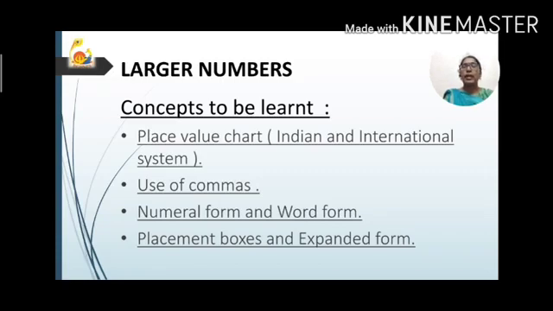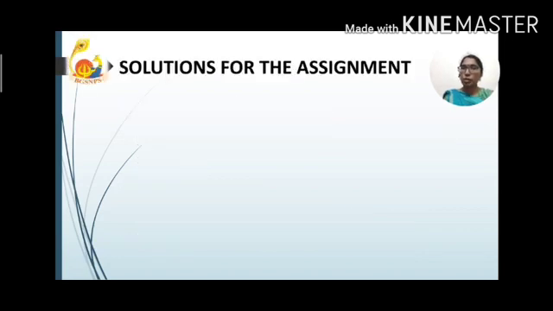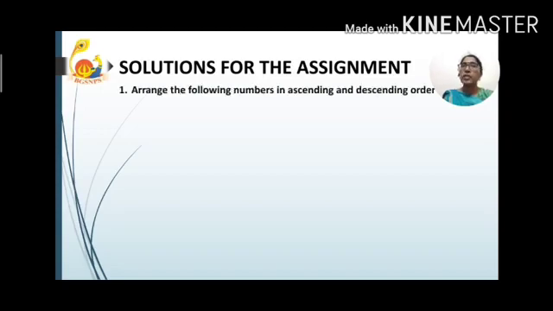Okay, before that, let us discuss the solutions for the assignment which I gave in the last session. Are you ready with your assignment? Now, these are the solutions for the assignment, children. Now arrange the following numbers in ascending and descending order. The numbers which I have given are 847, 9754, 8320, 571. Now this is the ascending order, that is